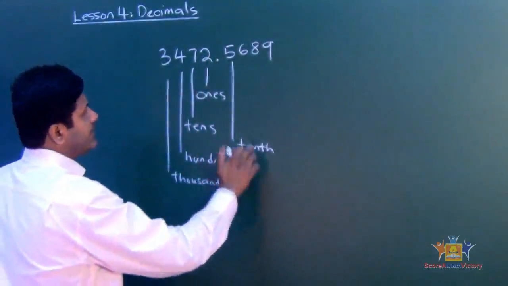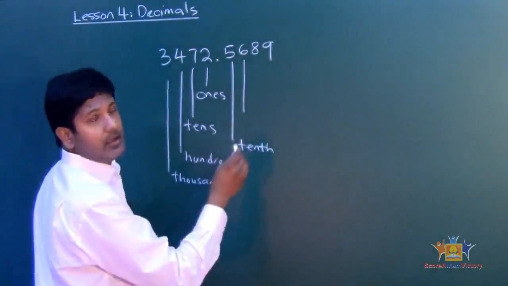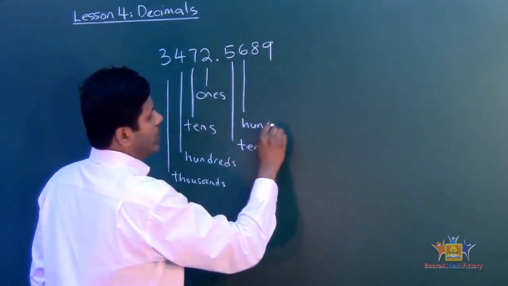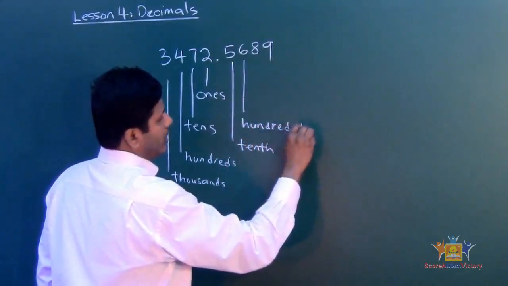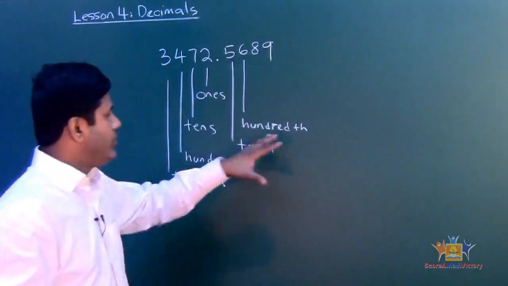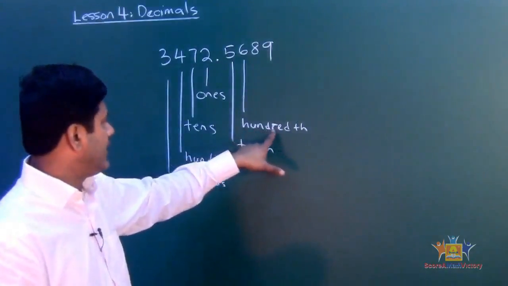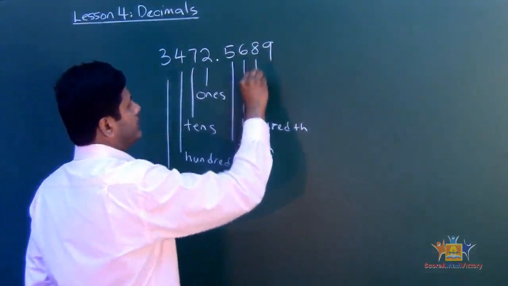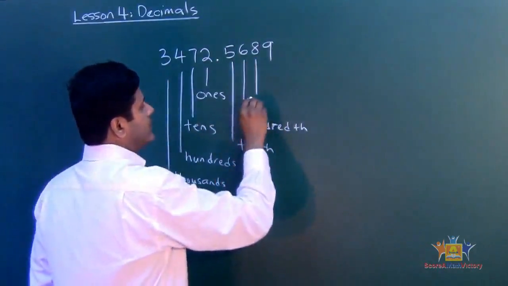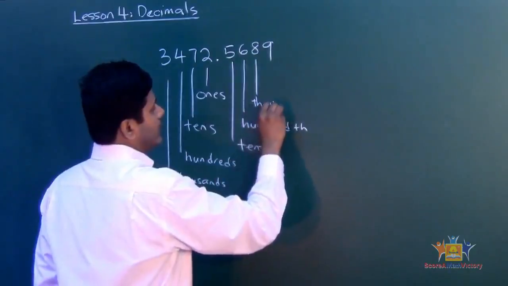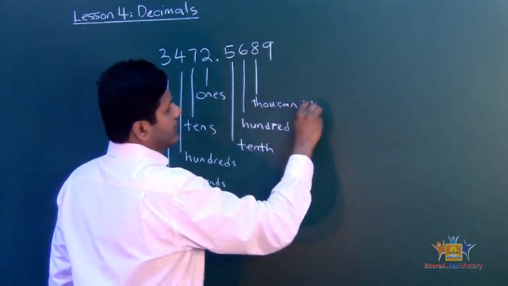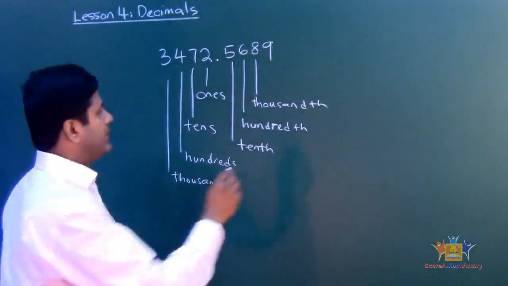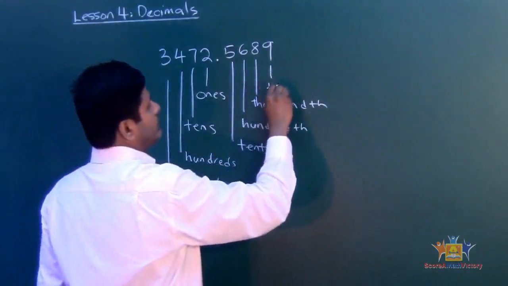It only starts with tenth, and this one will be hundredth, the hundredth family, a place value, and this one is thousandth. Make sure you have the "th." This is thousandth, and this one is 10,000th,